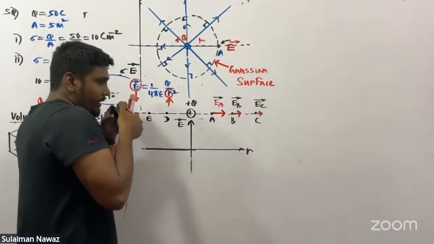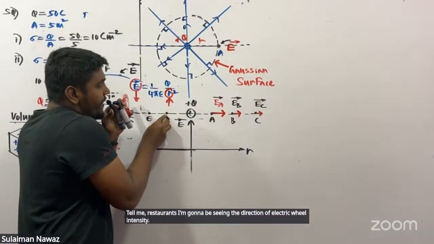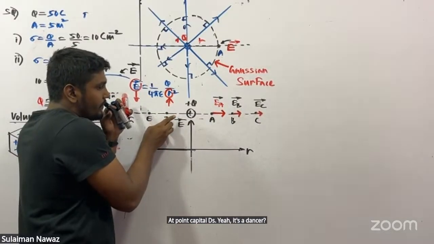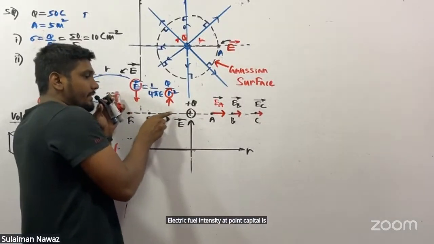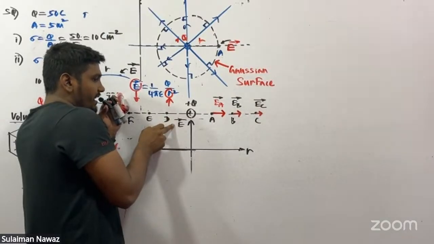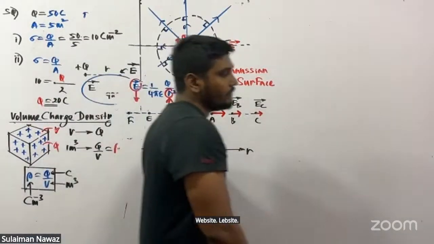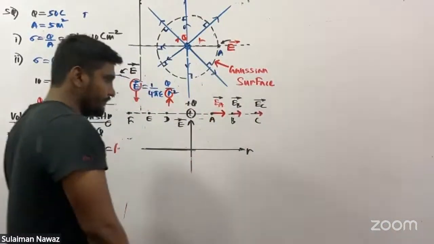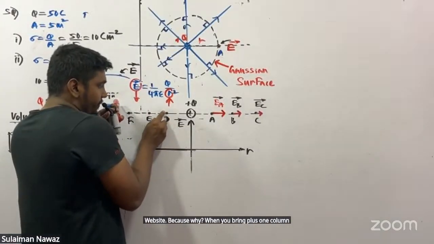Tell me, the direction of electric field intensity at point D is left side, and up. Left side. Because why? When you bring plus one coulomb here,